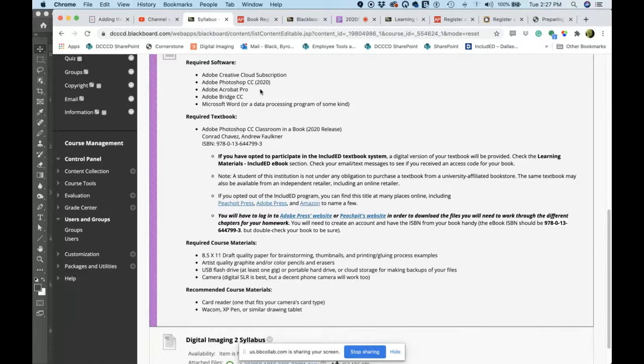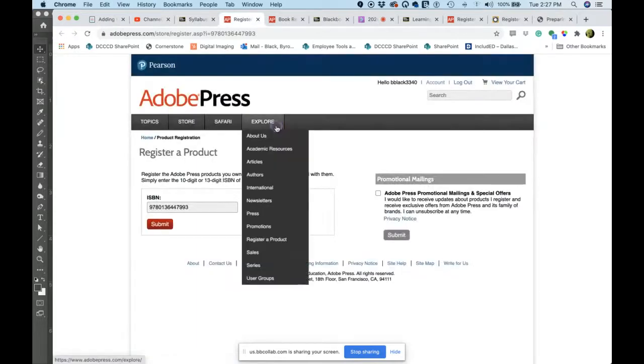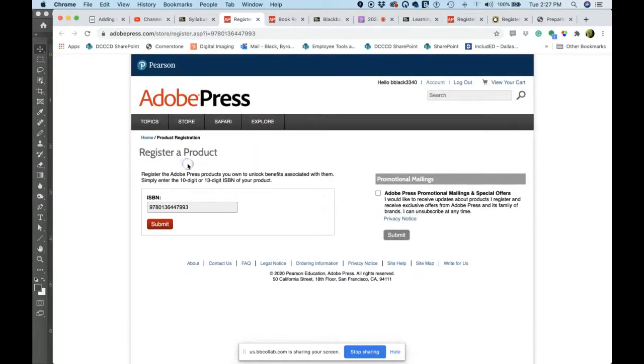retail rate. But we're talking about the textbook, and that's here, Adobe CC Classroom in a Book. Down here where you can go to Adobe Press's website. Do you see that? Yes. And when you click on that, it takes you to their website where you can register your book, right? And I think it automatically puts the ISBN in there for you because I've created a link just for the Classroom in a Book. And when you submit that, it's going to ask you to create an account, which you'll do. You put your email address in, and